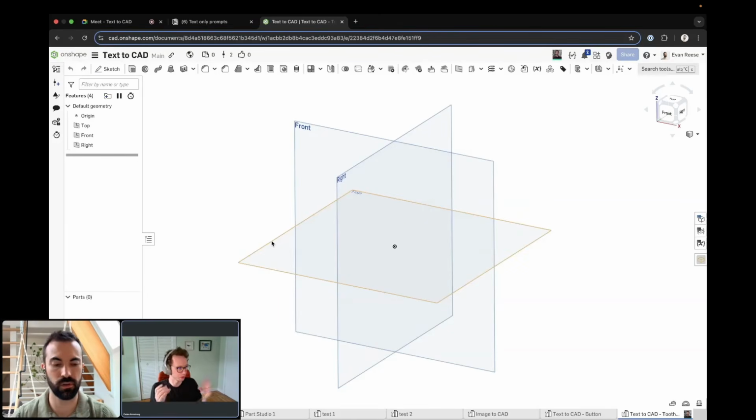The back of the toothbrush holder is 100 millimeters tall. It's the same width as the base and the same thickness. The back piece has thin kerf cuts that are 5 millimeters wide and 5 millimeters apart that go 75% through the thickness of the back piece. Okay. I'm going to have to read that. Similar to feature one